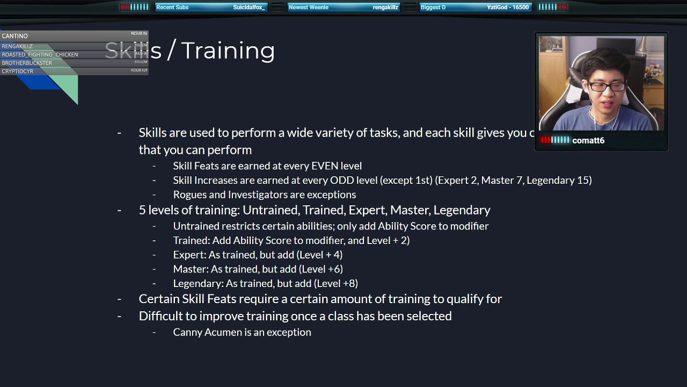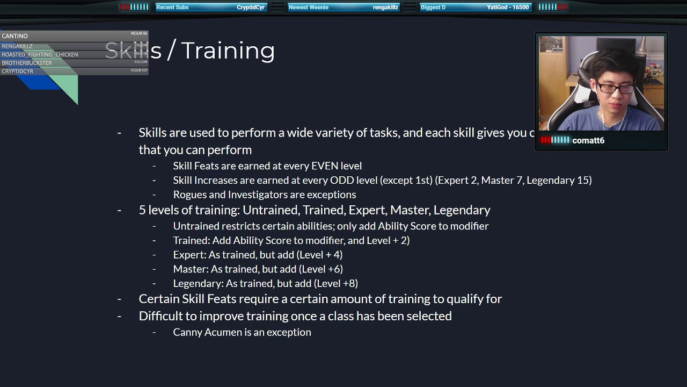And training in terms of perception and saving throws is basically set in stone. Like once you pick your class, that's what it's going to be for the rest of your adventuring career. So if you pick a champion, you're never going higher than expert in perception, for instance. The way to get around this is to take the feat Canny Acumen, and what this allows you to do is basically increase either one of your saving throws or your perception score from trained to expert immediately when you take it, and then at 17th level you become a master in that